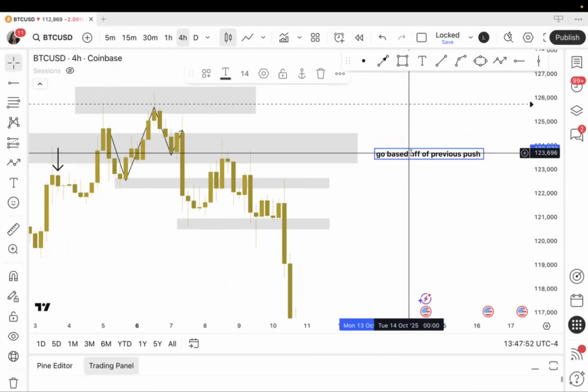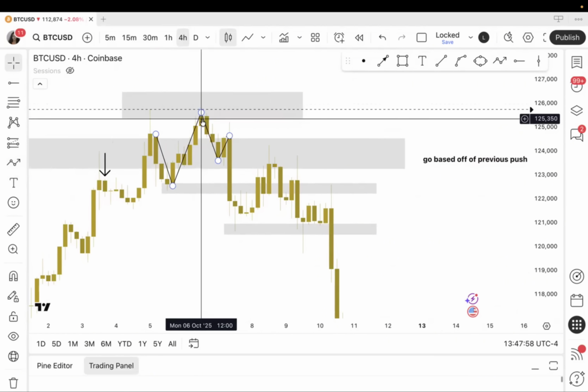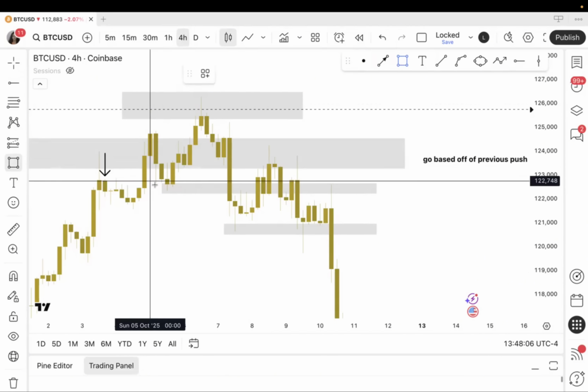So basically what this means is if you mark a swing high, please just go back and see where that swing high was built from. Where did it push from? Because this is very important. Once you find this,